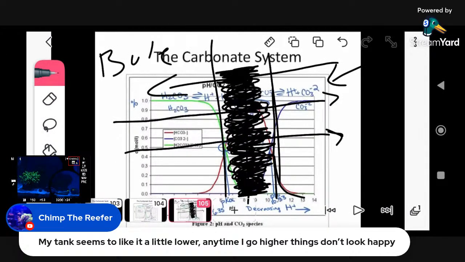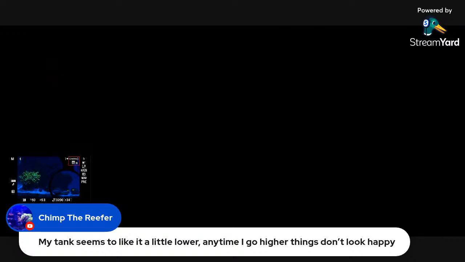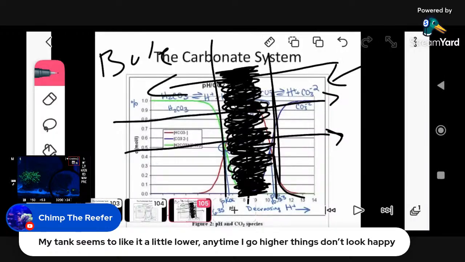Let's keep going. So I explained to you guys what's happening on Chimp's questions, but now we've got to keep going. Let me sit back down where I was, because I've got the microphone on one side of the room, the computer in the middle of the room, and the tank on the far side of the room in the other corner. It is crazy. Oh, let me refresh the thing real quick. All right, there you go.